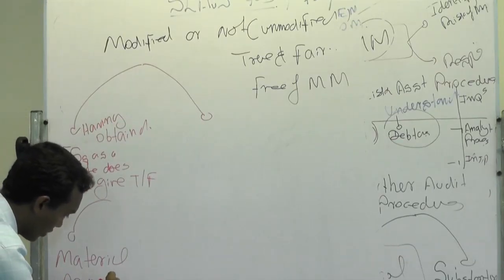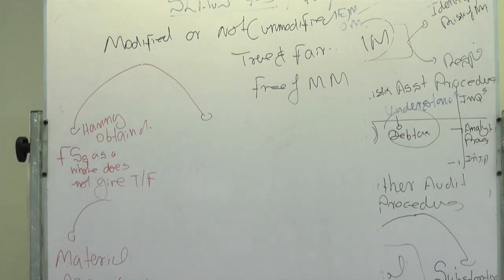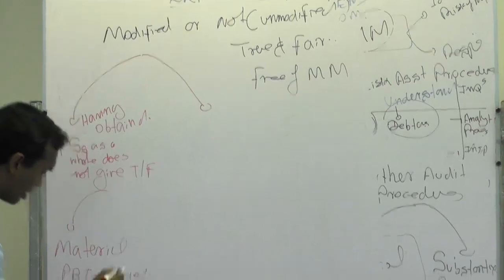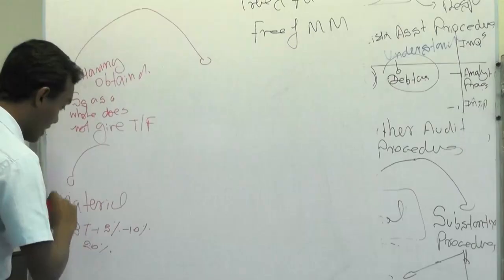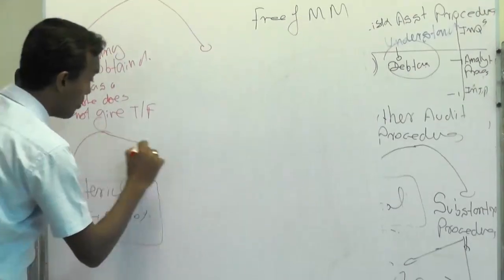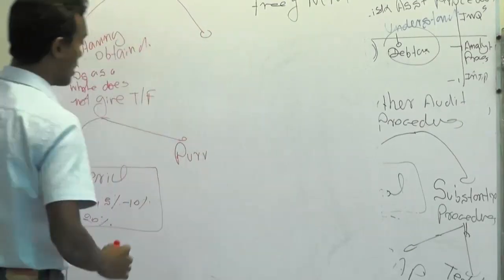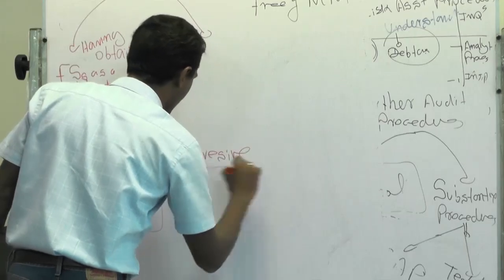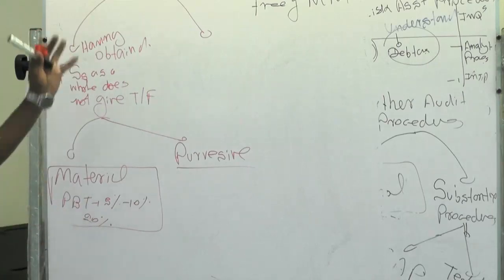For example, if it is profit before tax, say 5 to 10%, in our example of inventory, question number 39, we got some percentage, you can calculate and see maybe about 20%, that is material. But I can't say it, although it is material, there is another criteria called pervasiveness. It is very important you understand this word, pervasive.